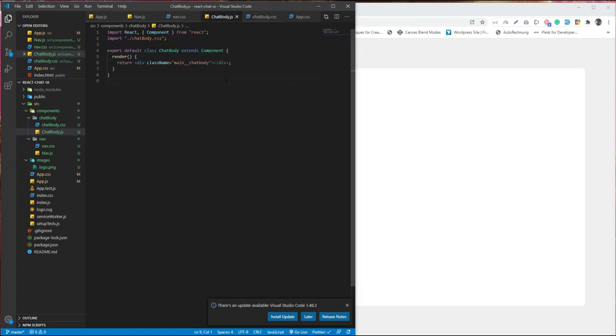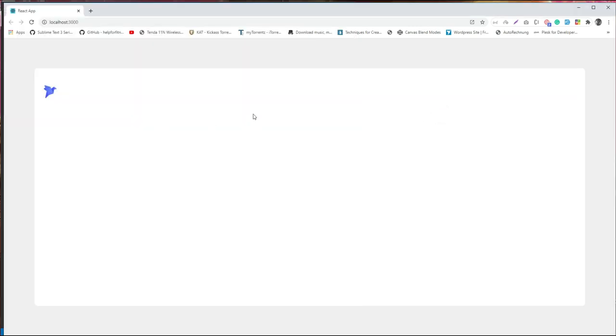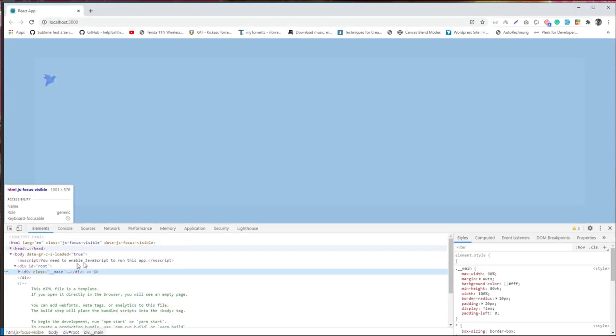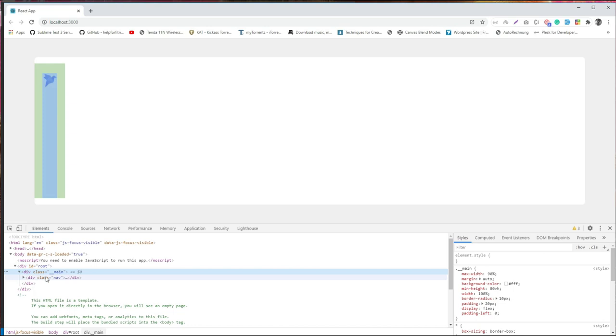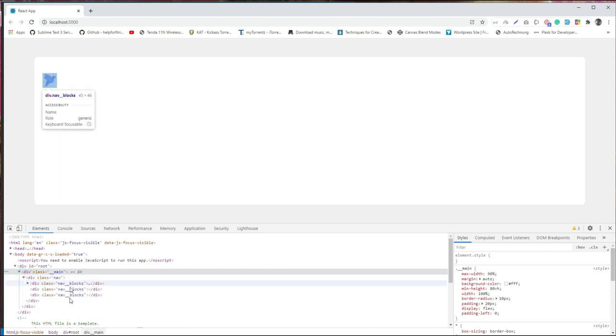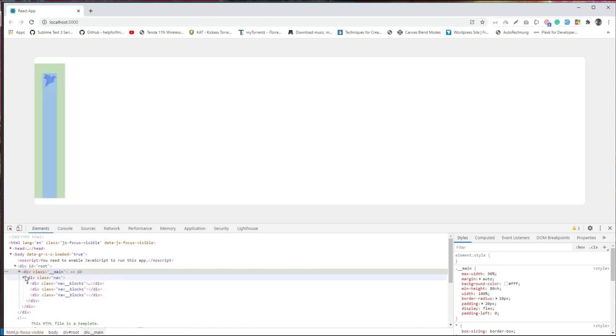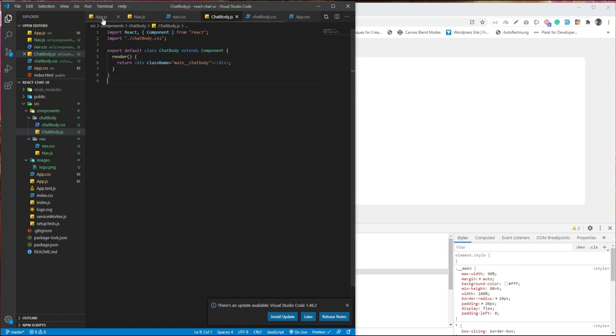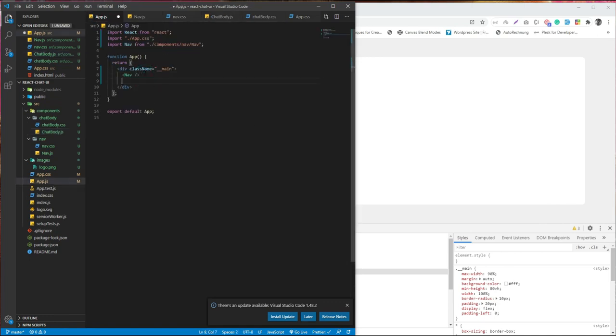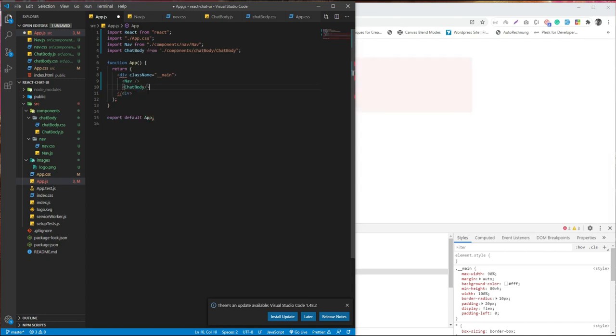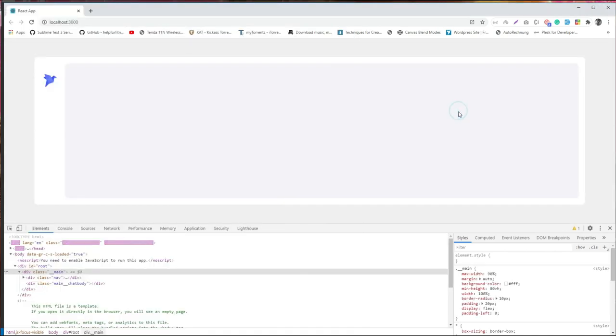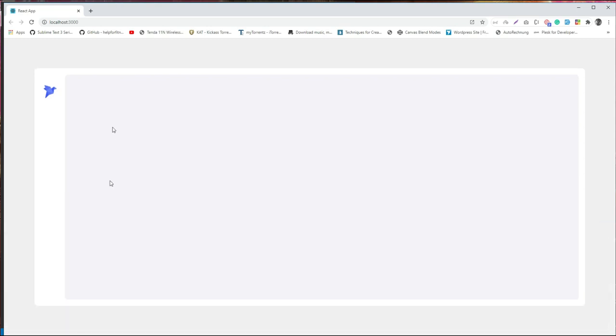If I inspect this, in the main we have nav, and we don't have chatbody because we haven't imported it yet. So let's import it here in the chatbody. Imported that. So now it's kind of in shape.